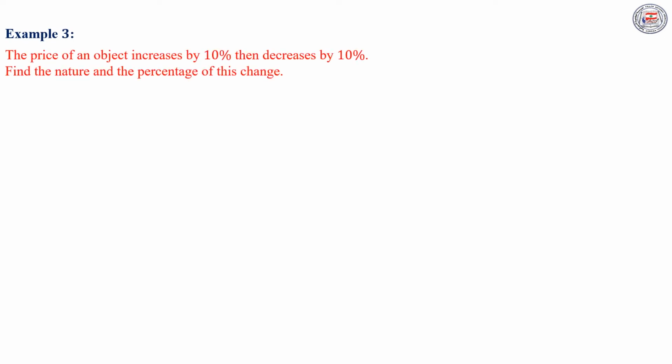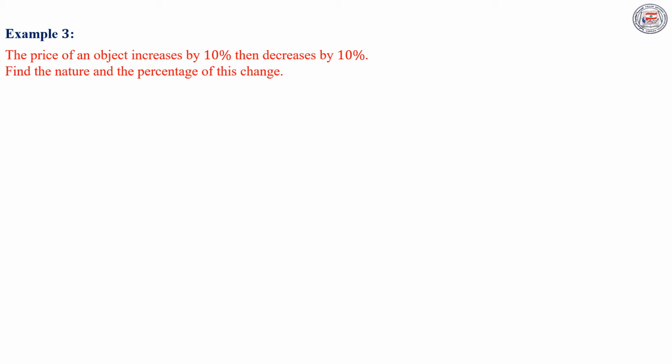Let's take the third example. The price of an object increases by 10%, then decreases by 10%. Find the nature and the percentage of this change. The nature of this change means if we have an increase or a decrease in price, and the percentage of this change is R. Therefore, we have to find A,